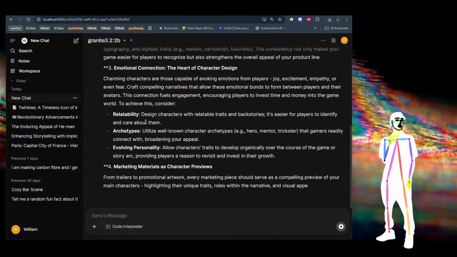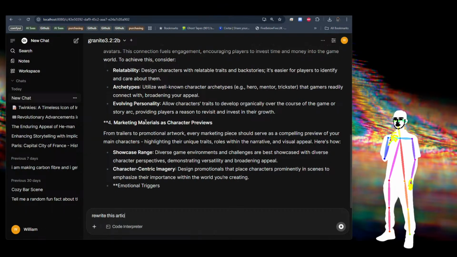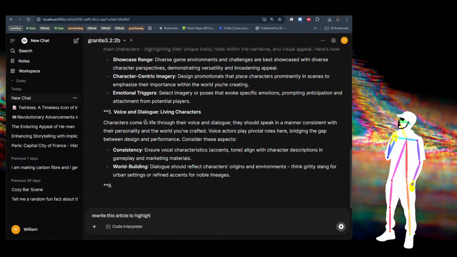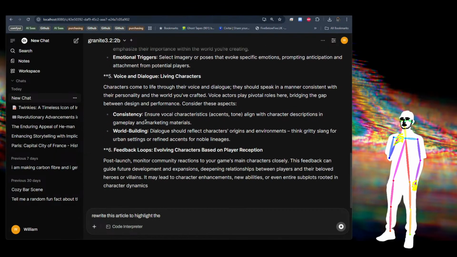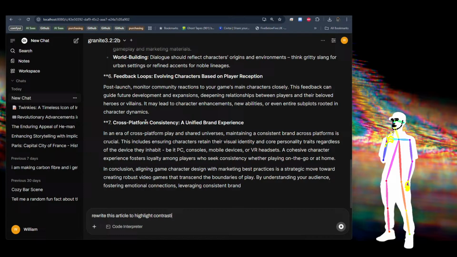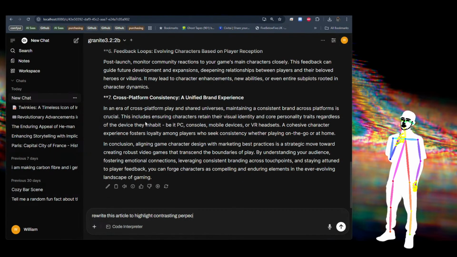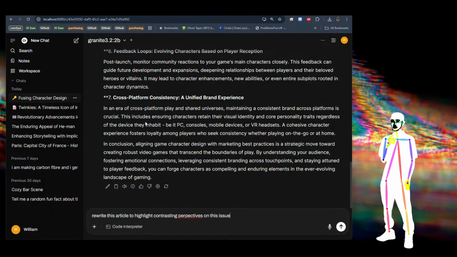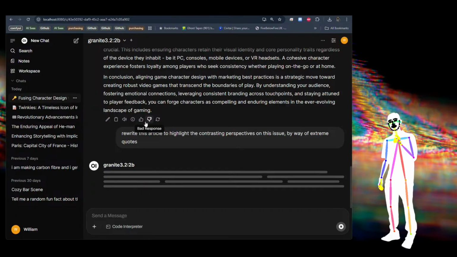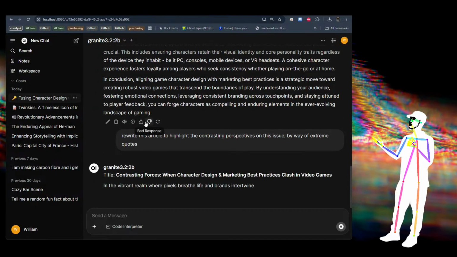Do you know what? I can't even wait for him to finish. Rewrite this article to highlight the contrasting perspectives on this issue by way of extreme quotes. Oh boy. And then once we've got that done,